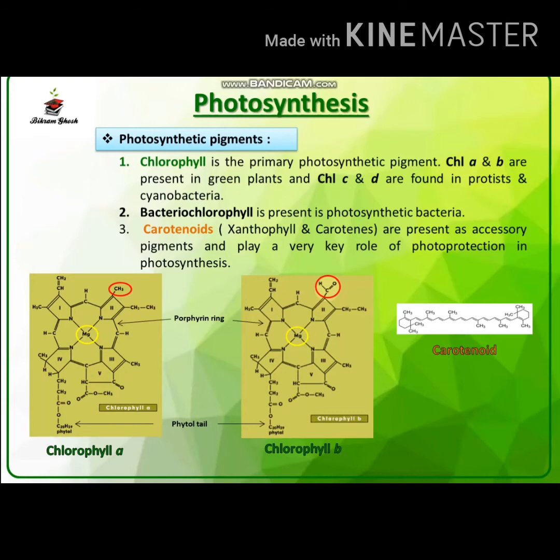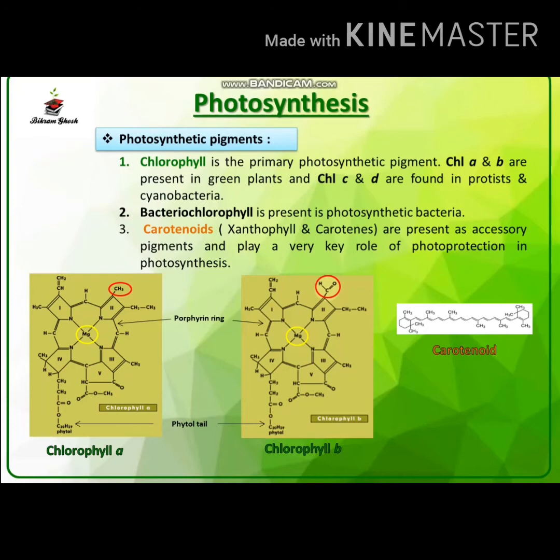So here are the structures of chlorophyll A, B and carotenoid. We can see that the chlorophyll structure is a bit complex, but it is very simple in nature. There is a central magnesium atom present in the structure, and the ring-like structure is known as porphyrin ring. The porphyrin ring is present in both chlorophyll A and chlorophyll B. It is the basic structure of chlorophylls. And with the porphyrin ring, there is another structure attached to it which is known as phytol tail.